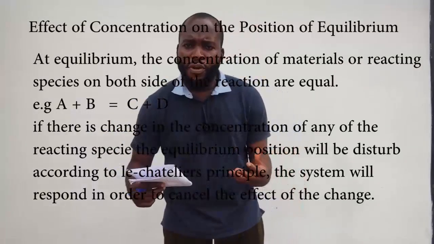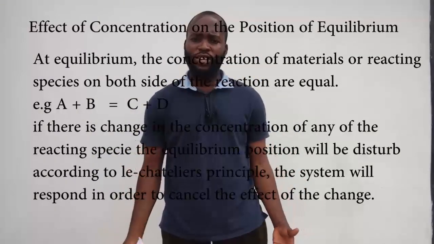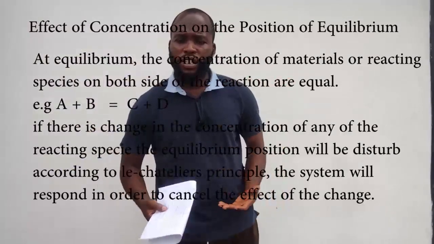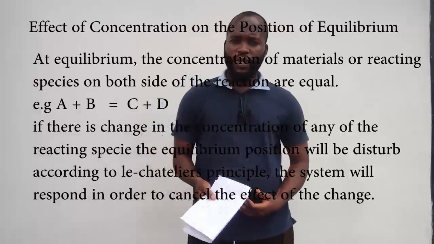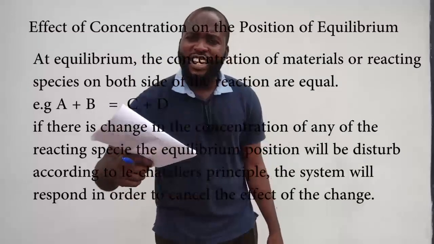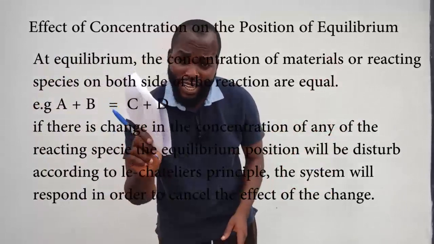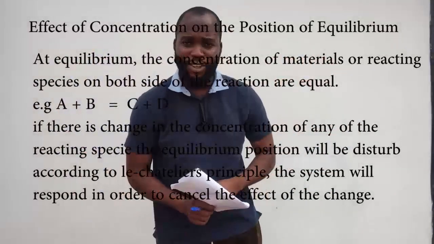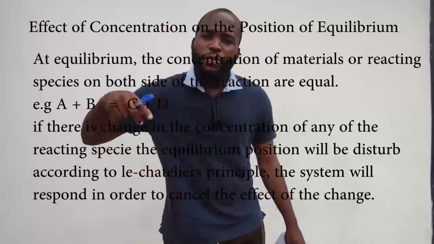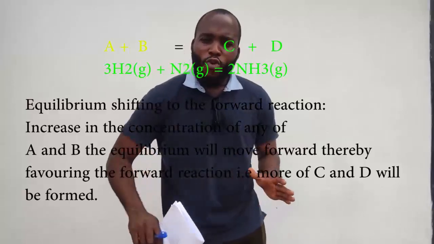I know most people find it difficult to determine the answer when you are asked what is the effect of concentration on the above chemical word equation. The first thing that comes to your mind: increase in concentration of all the reactants, not one of the reactants, of all the reactants. When you increase the concentration, more of the product will be formed, which means the equilibrium will shift to the